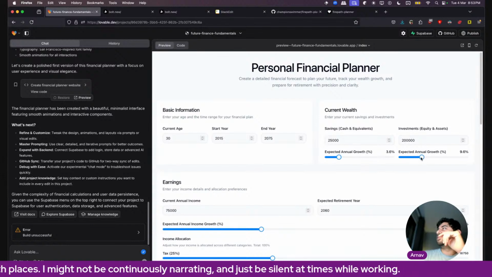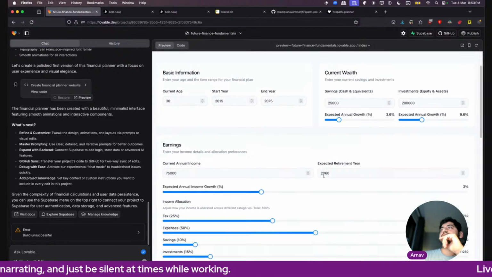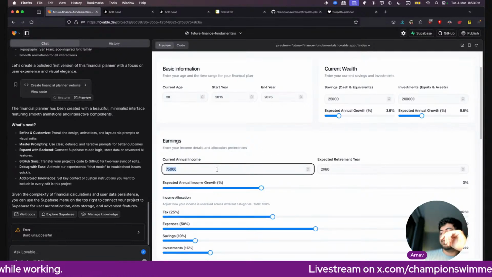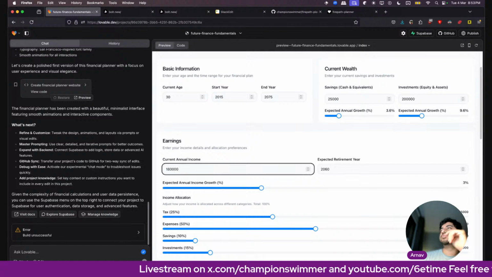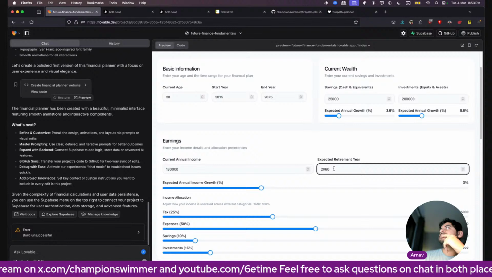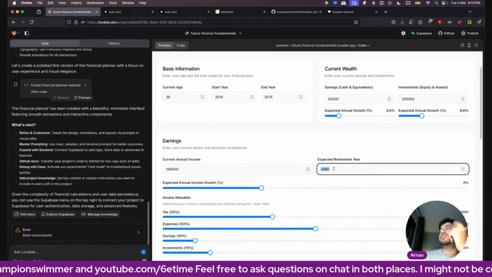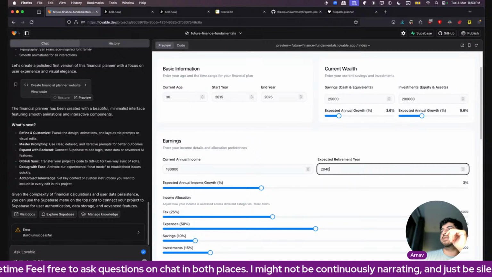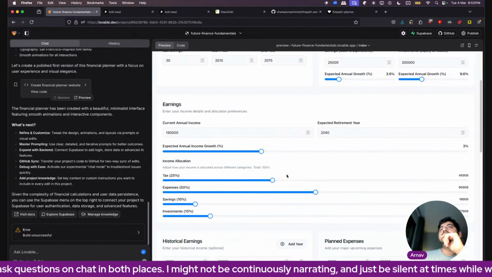Annual growth in investments, let's say I go for 9.6%. Earnings, current annual income, let's say I go for 180. And I expect to retire by when? Let's just say I go with 2040. Can I? Let's see.